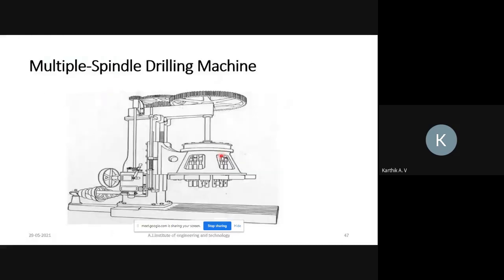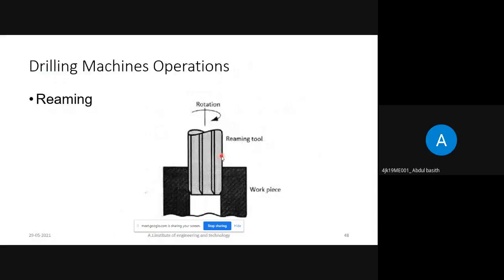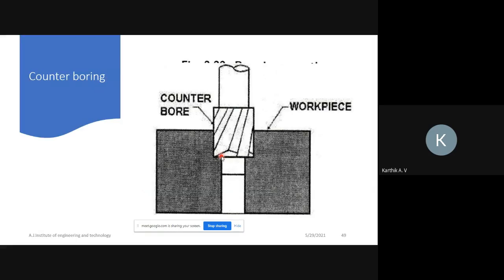What are those? First one is the reaming operation. What is the use of reaming? Surface finish of the drilled hole. Next, counterboring, producing a square or rectangular shape at one end of the drilled hole.